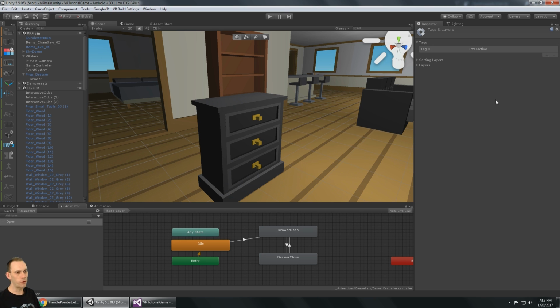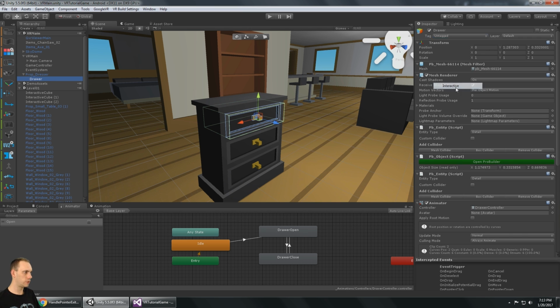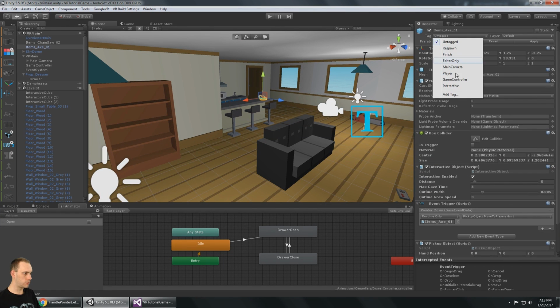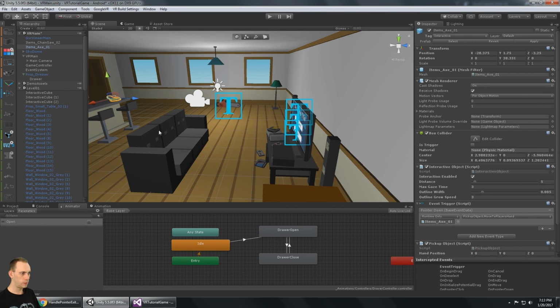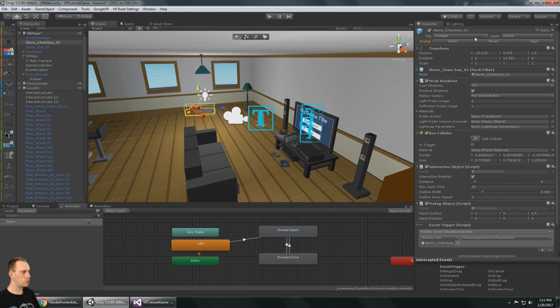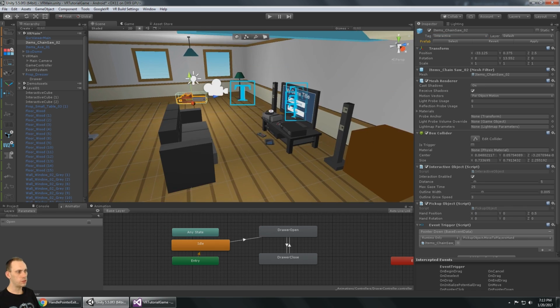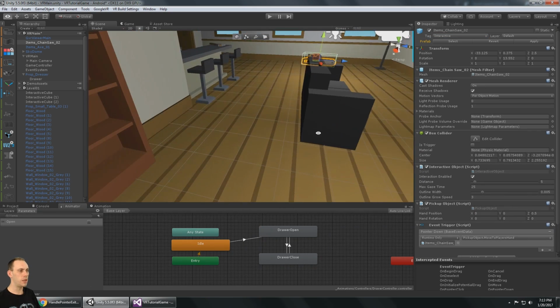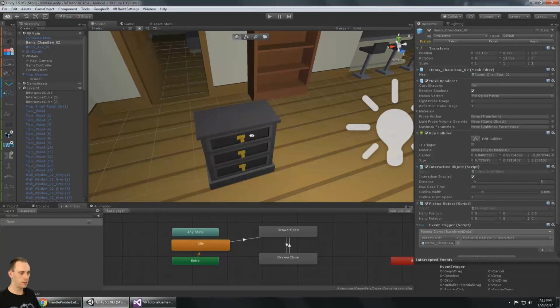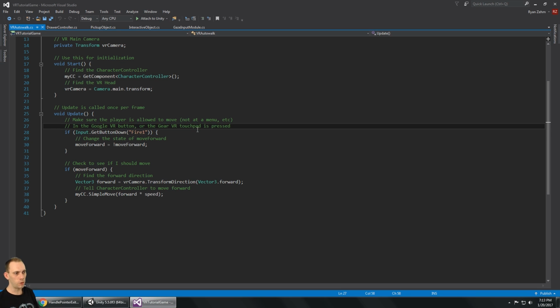So the drawer is interactive, and the axe is interactive, and the chainsaw over here is interactive, and this UI is interactive. I'll take care of that in a minute, but because we've set that to the interactive tag, what we're going to do is, when we do input fire 1,